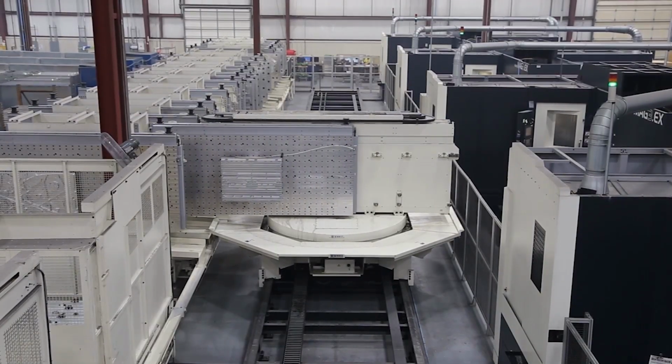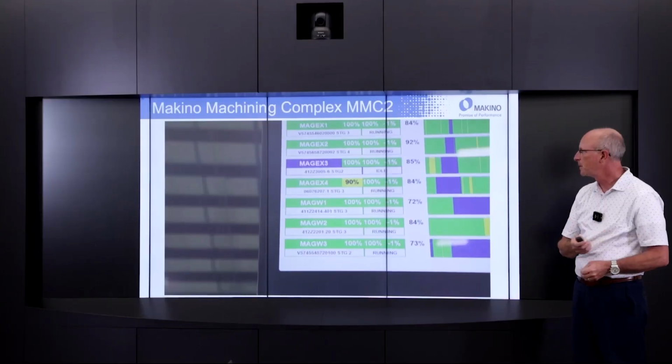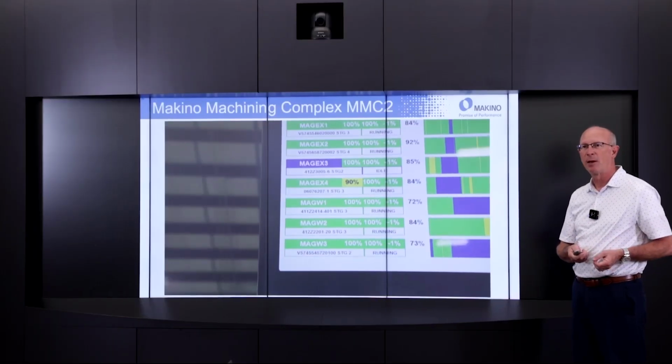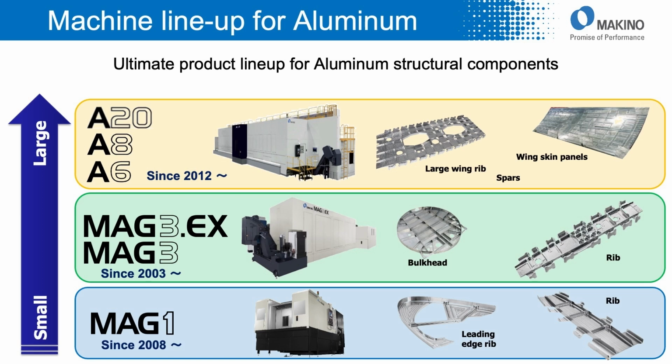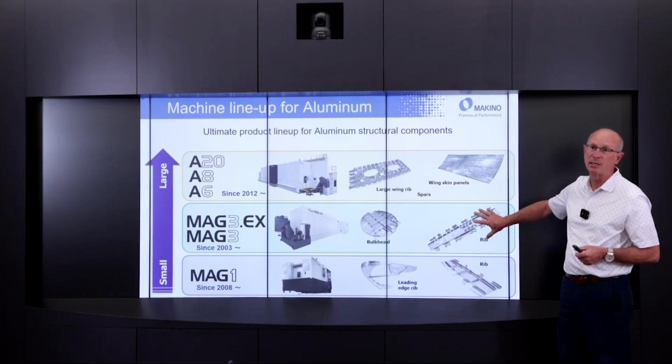That's pulling a pallet out of the stocker stand. So that gives you a quick glimpse at what that automation would look like. So just to kind of wrap things up, we've talked a lot about the Mag series machine and specifically about